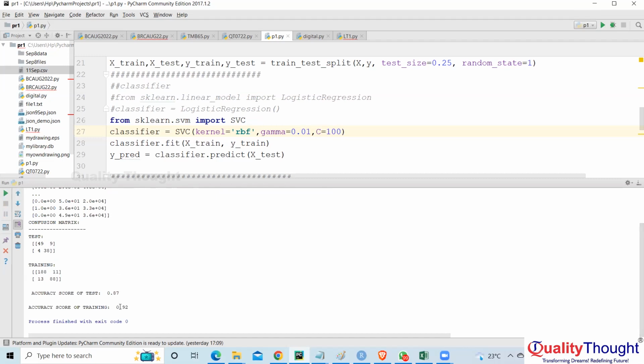So if you see here, accuracy has increased, isn't it? In logistic regression, we had an accuracy of 0.83. Here you have 0.92. Right? Of course, SVM is doing better work than the linear model. Yes, sir. Okay, if I increase gamma and if I decrease C,